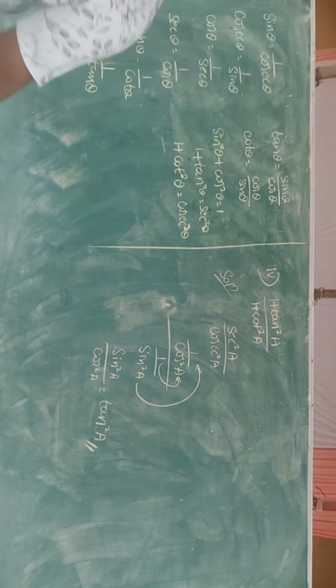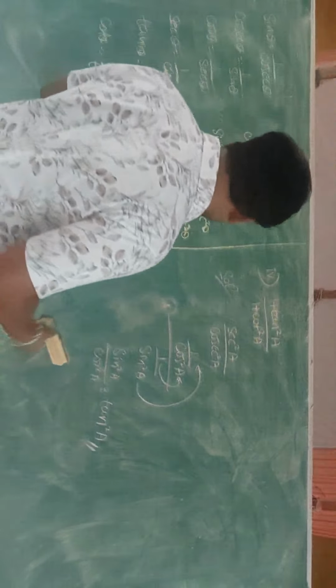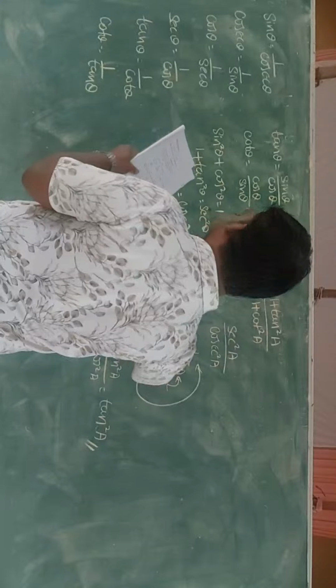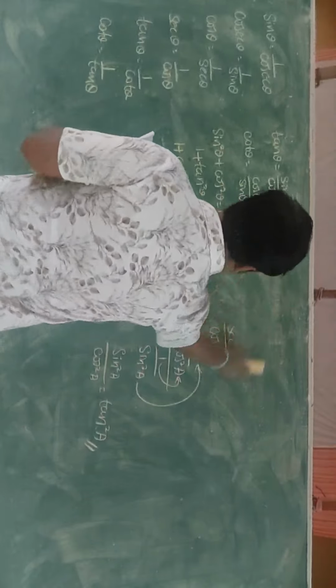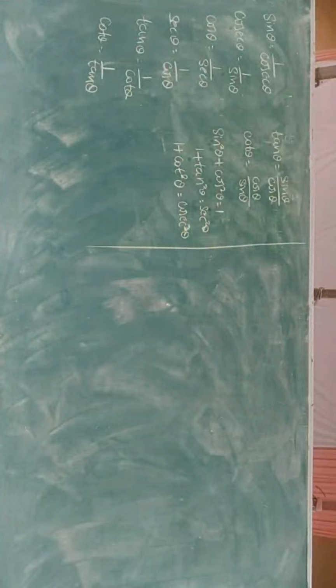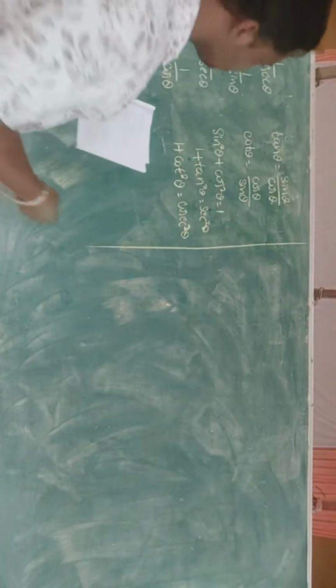Next, fourth main. Prove the following identities where the angles involved are acute angles for which the expressions are defined. All these questions carry a weightage of 3 marks, and these are all important questions. Fourth main,